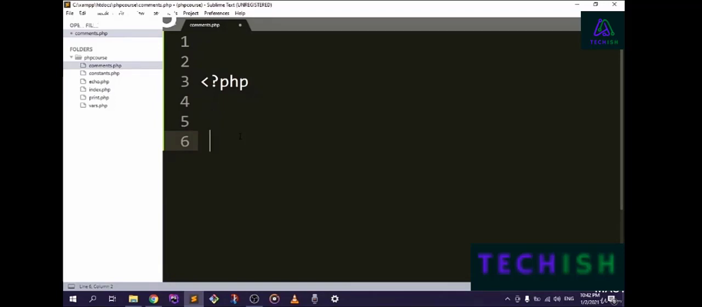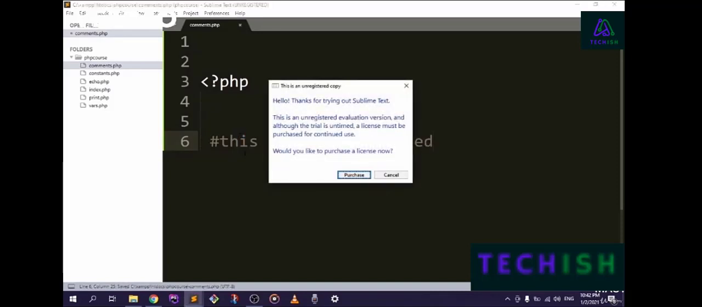There are two kinds of comments: a one-line comment and a multi-line comment. Let me start with the one-line comment, and there are two ways to write it. First of all, the number sign, and then we can write all we want. This line is commented, just like that. And if we save this,